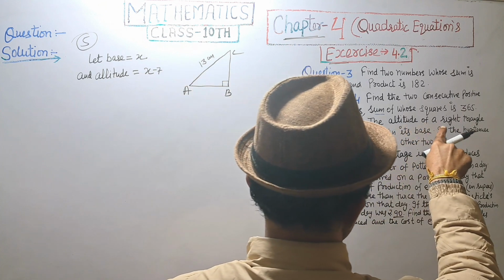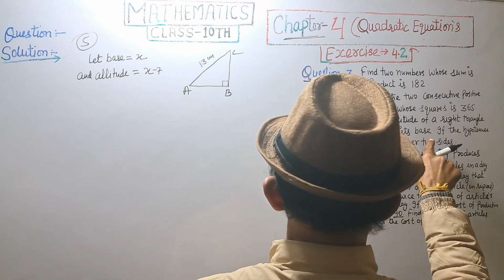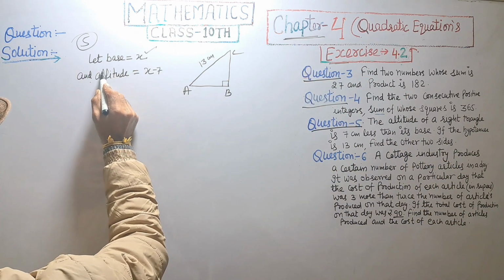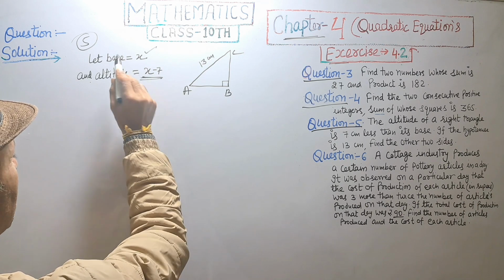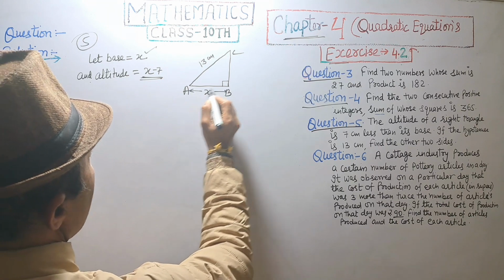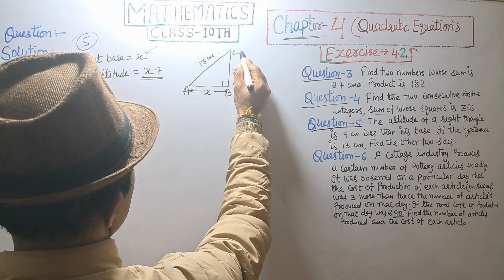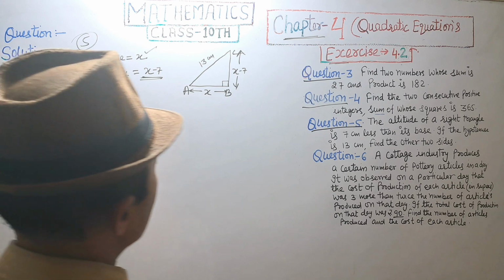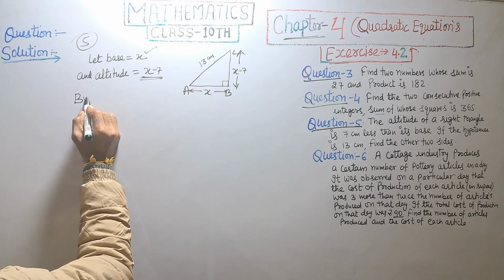The altitude of a right angle triangle is 7 less than its base. The base is x, then the altitude is x minus 7. According to the Pythagoras theorem,